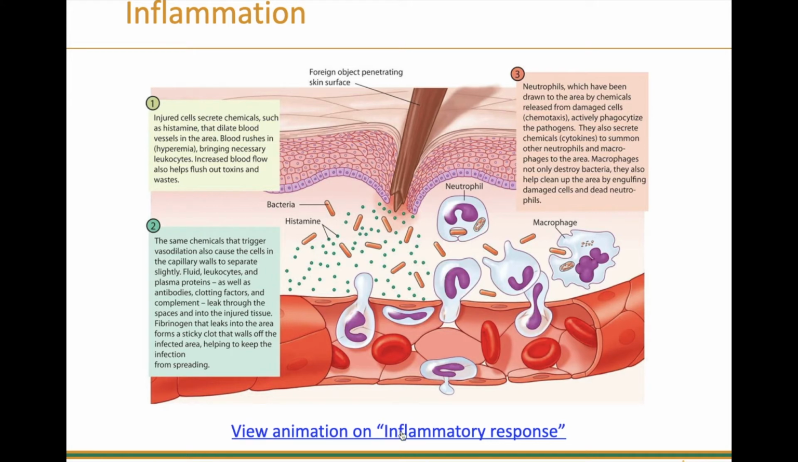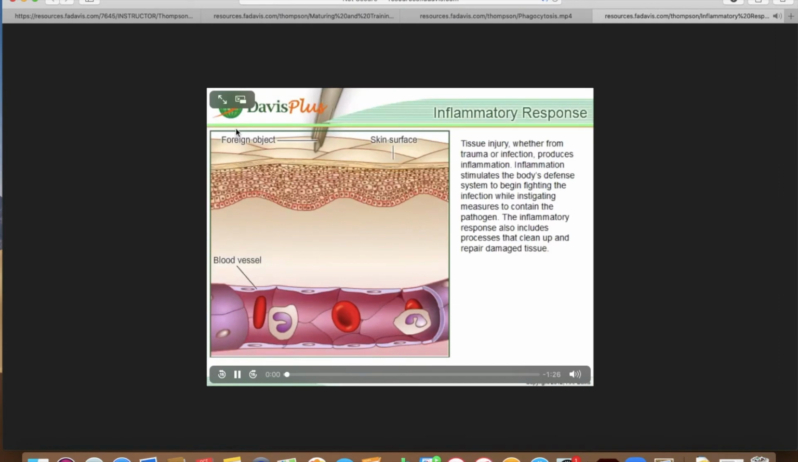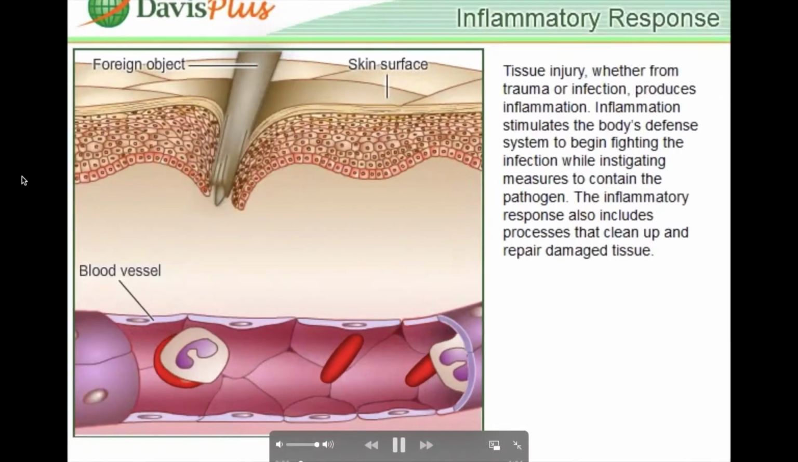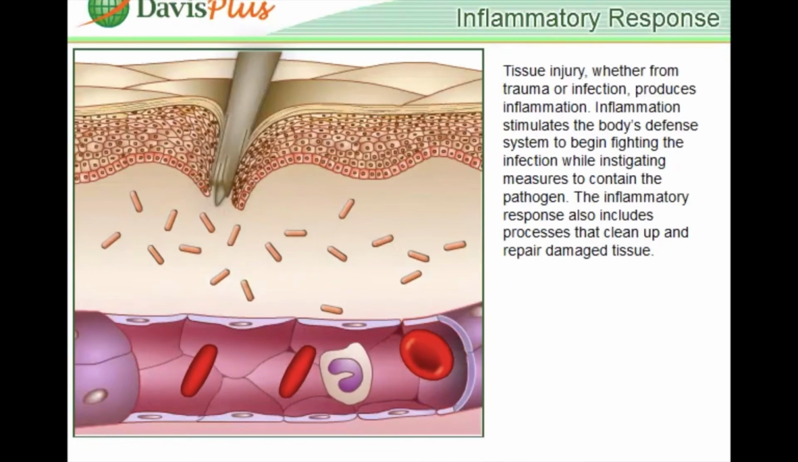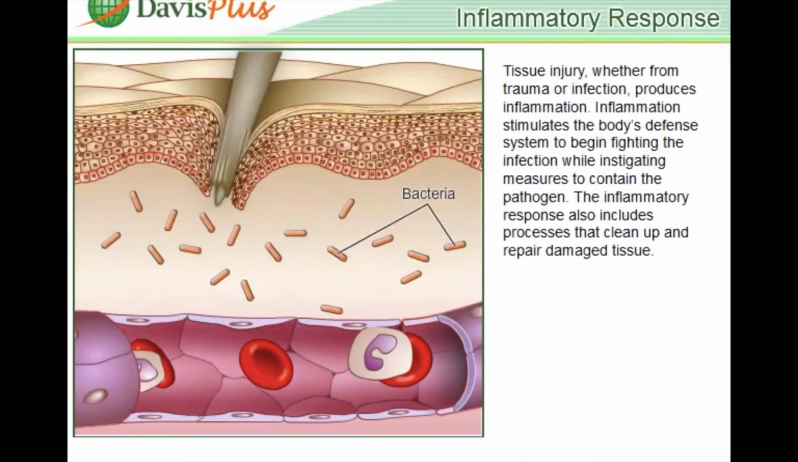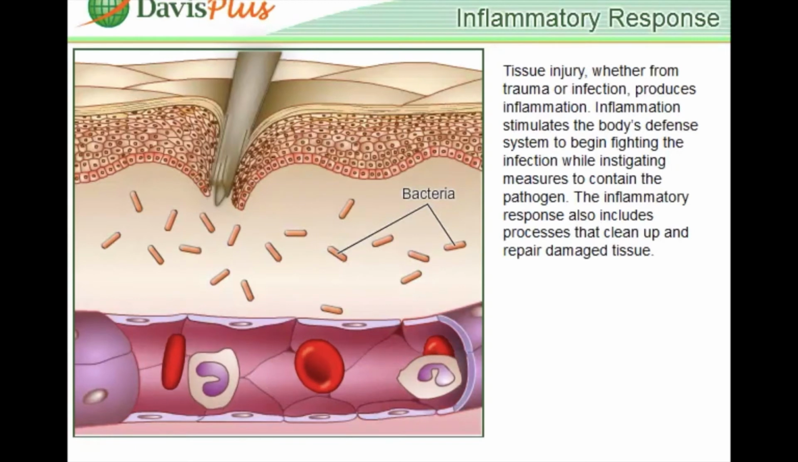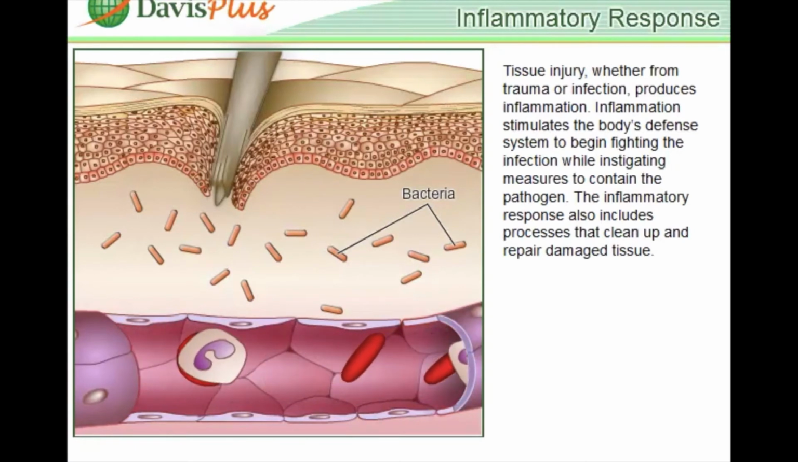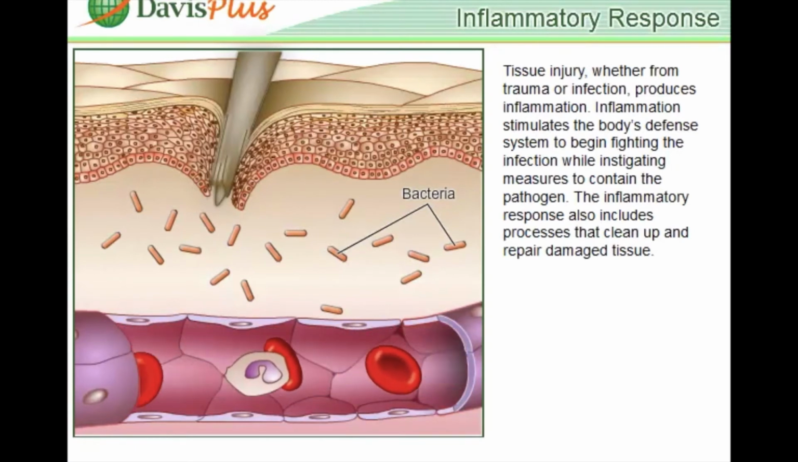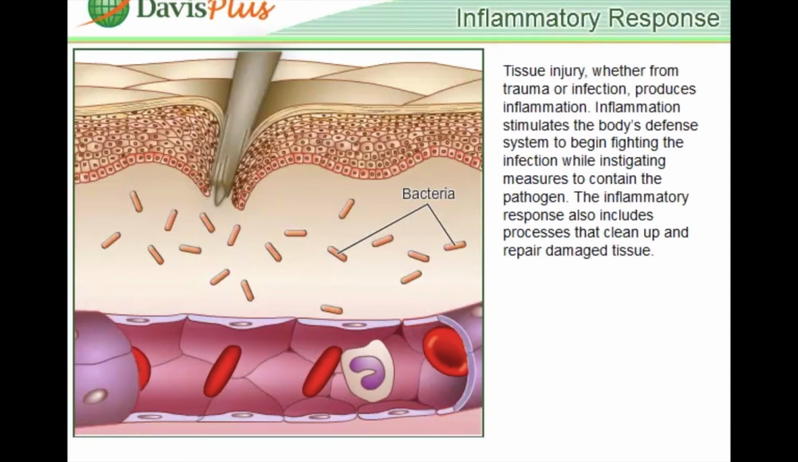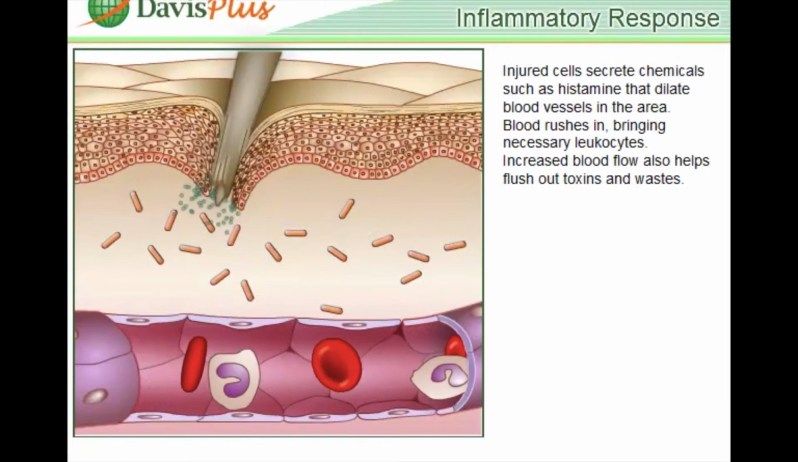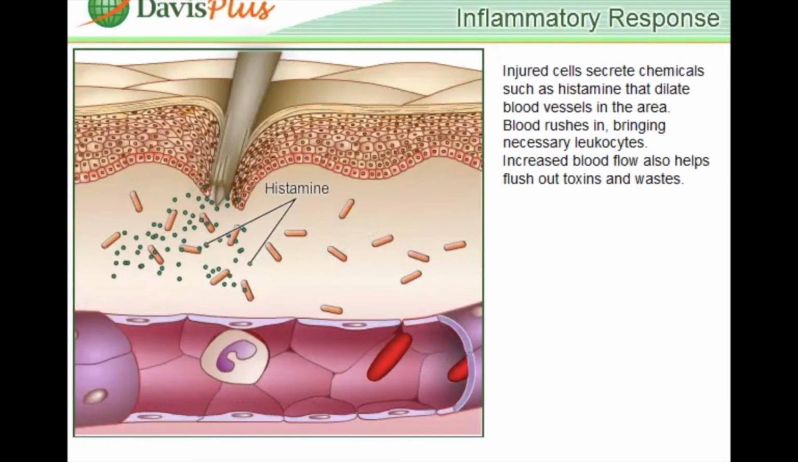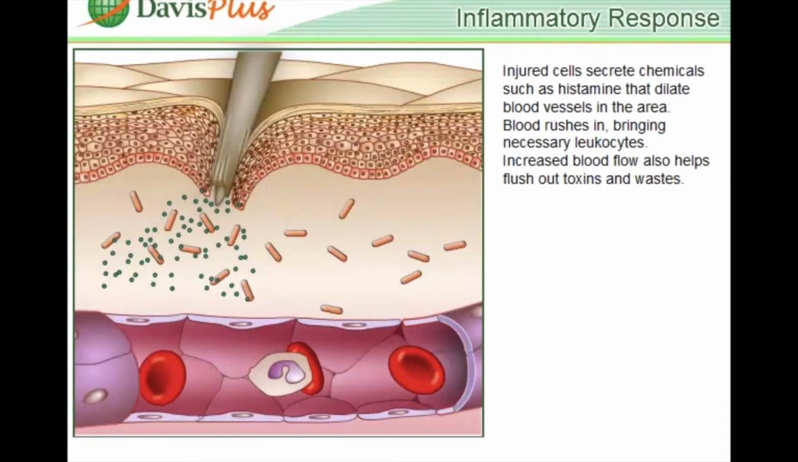Alright, next we're going to talk about inflammation. Tissue injury, whether from trauma or infection, produces inflammation. Inflammation stimulates the body's defense system to begin fighting the infection while instigating measures to contain the pathogen. The inflammatory response also includes processes that clean up and repair damaged tissue. Injured cells secrete chemicals such as histamine that dilate blood vessels in the area. Blood rushes in,